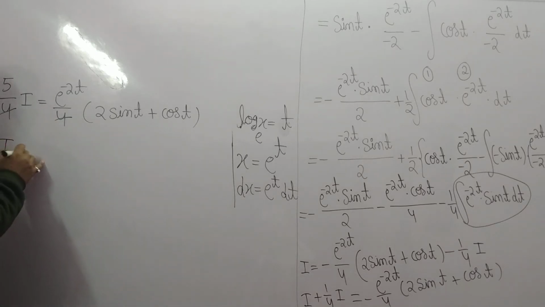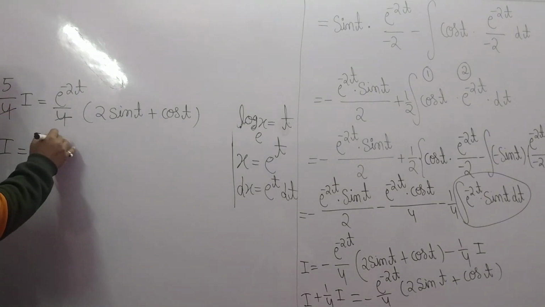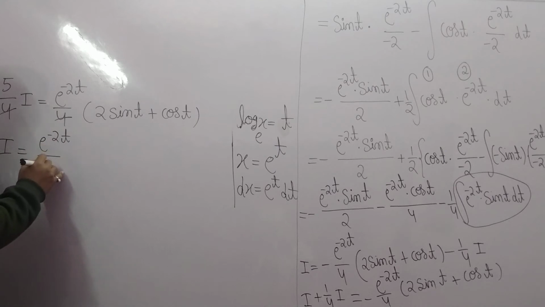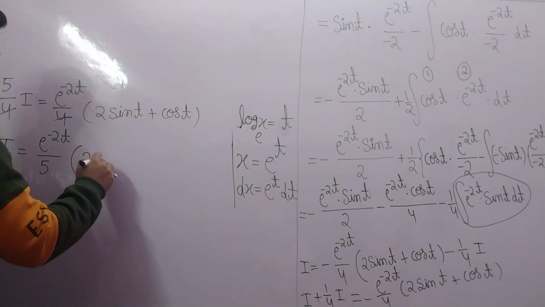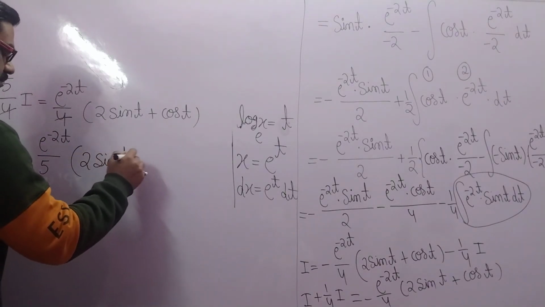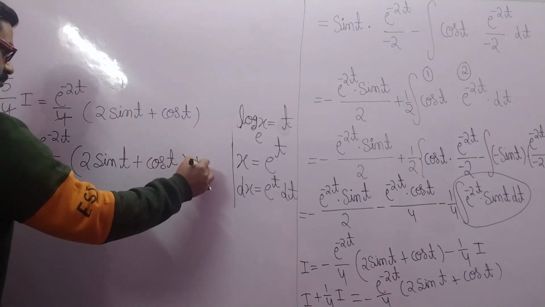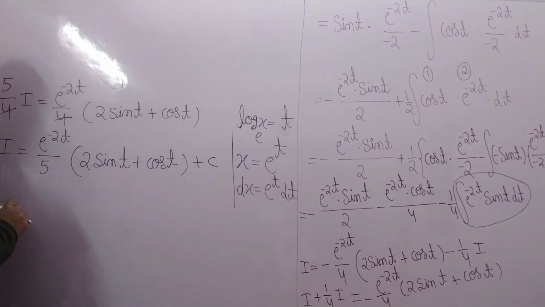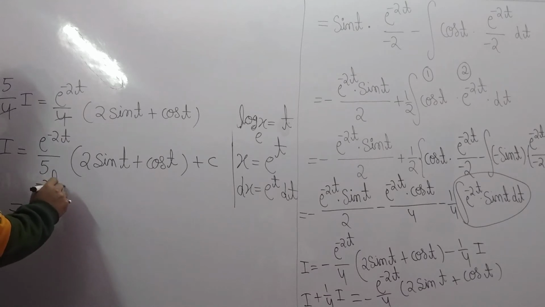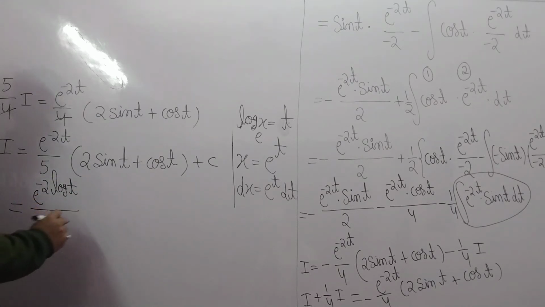I equals e to power minus 2t by 5, 2 sin t plus cos t plus constant of integration which is c. Now we put the value of t, which is log x base e. Put it here, e to power minus 2 log x upon 5,